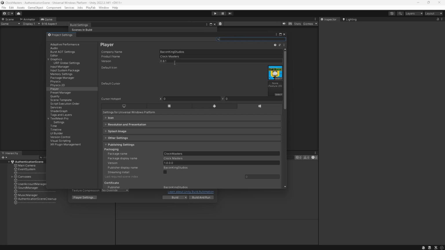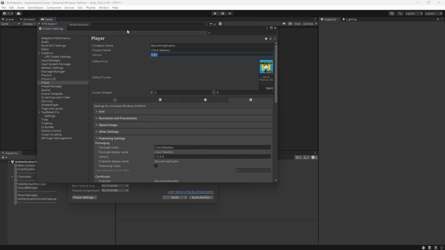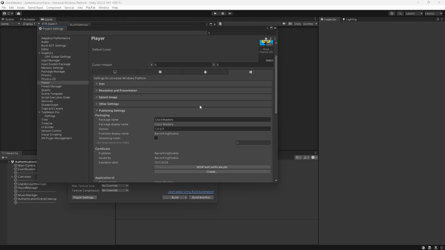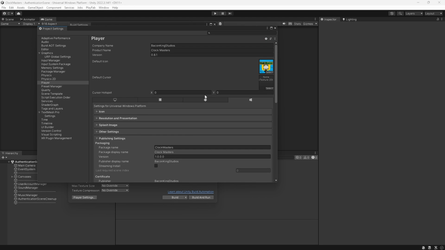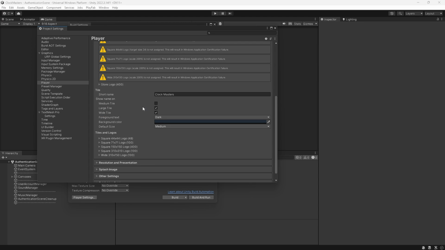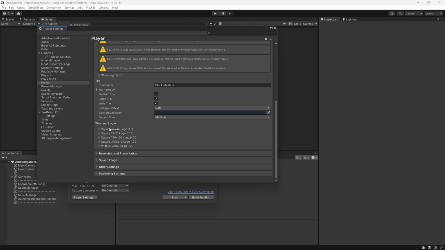Once you're switched over here, all these are just defaults, and then player settings in here. So if you're deploying it for the first time, you can just make the versions whatever. Most of this stuff here, I believe, can also be modified in the UWP export in Visual Studio. But for the actual settings here, I'll run through all of them that I have. For the most part, they're defaults, and then just naming and some logos here. But again, that can be added through the Visual Studio side of things.